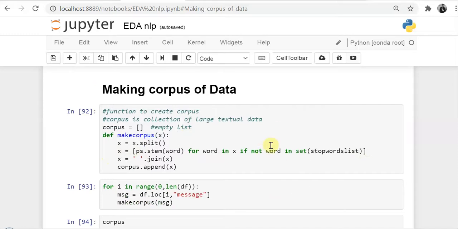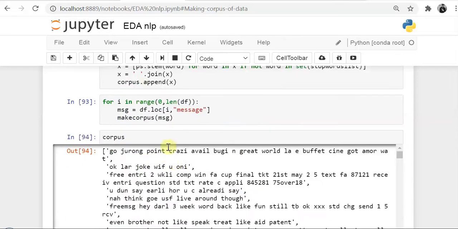Now what will I do? It will return me the list of words, but from the list of words I actually want my sentence back. So I will join the list using a space for each word. Suppose I show you an example.